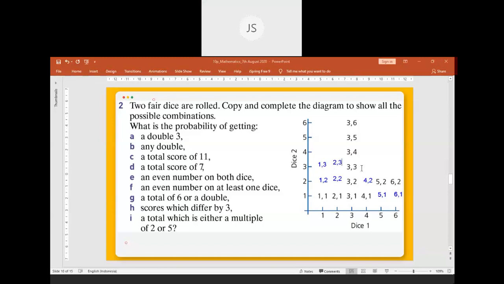Okay, so I don't think any of you are having difficulties completing the diagram. But is there anyone still having difficulties writing it? Please write it in order from dice 1 to dice 2. Do not write it the opposite way, because later there will sometimes be a tricky question. If you write it the opposite way, later you will have difficulties. So please write it in order: from dice 1, and then after dice 1 you go to dice 2.